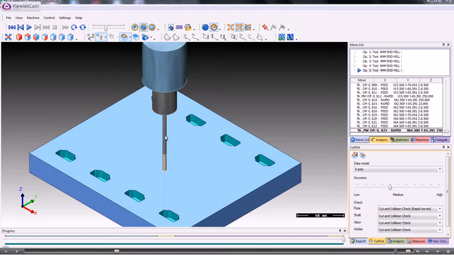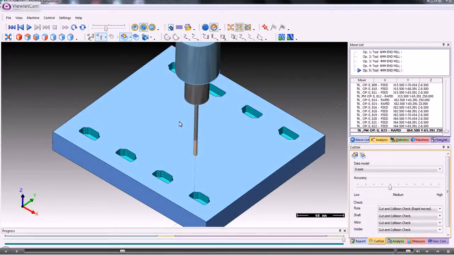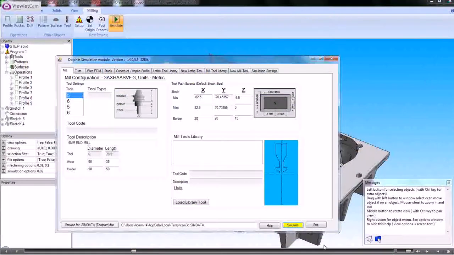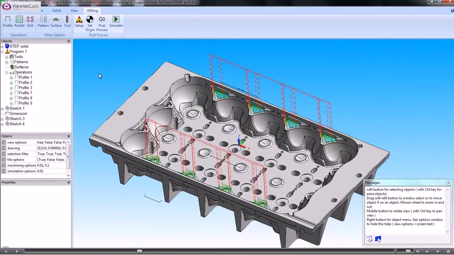Okay, so that's showing us the machining path on a piece of stock material, but what it would be nice to do would be to be able to see that path on the original model, and I'll show you how to do that. So we'll close down the simulator and exit from that. From the main screen here, what you'll find is that in the objects window you've got the original solid file that you imported in. So what we need to do is create an STL file of that. So if we right click on that entry and say save solids,